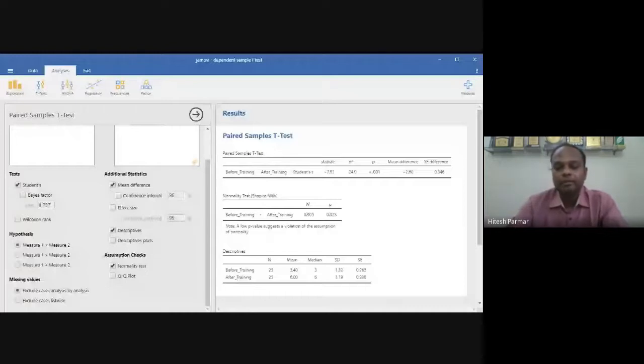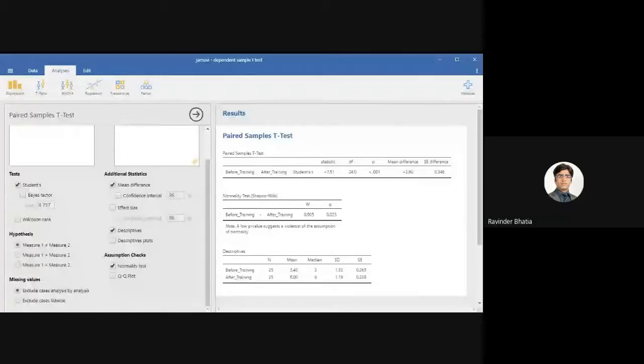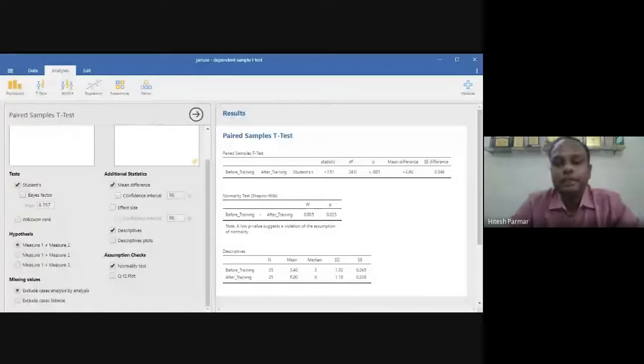The p-value for the difference is 0.023. What do you think? Is it normally distributed? No, it is less than 0.05. Yes, so this value is less than 0.05. So we reject the null hypothesis. Null hypothesis is that the data are normally distributed. And our null hypothesis is rejected.